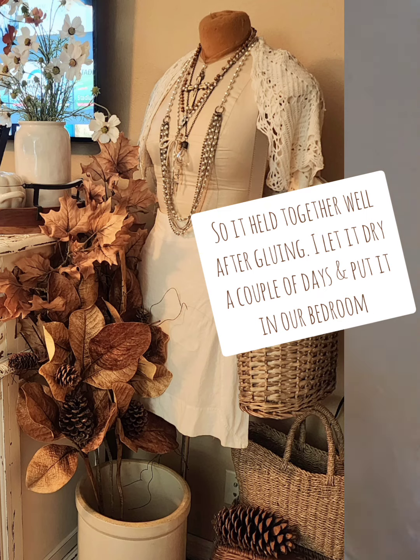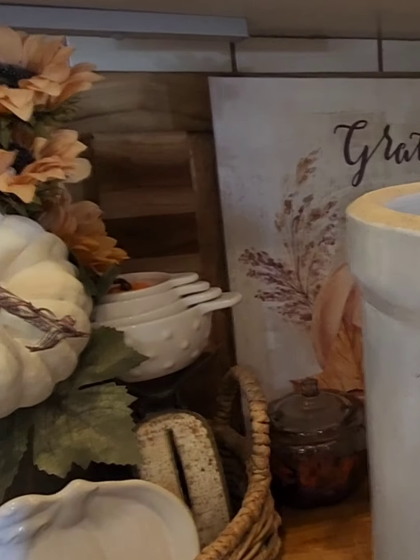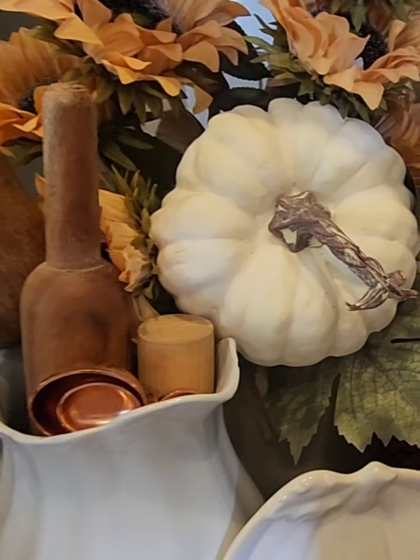So it's not going to look pretty, but I just want it intact. There's so many things I can do to cover that. I mean, whatever, I don't care. I just want it to be there because it means a lot to me. All these things, I've had them for years and years and years. And then here's my little, this